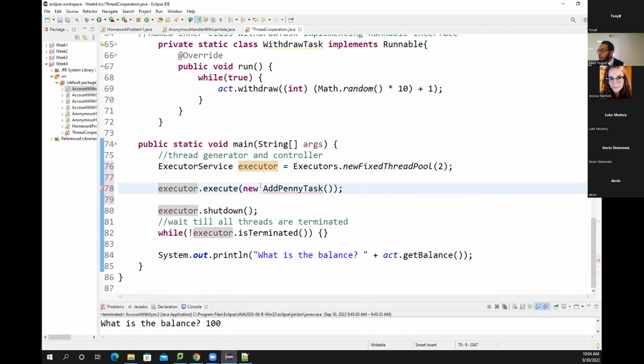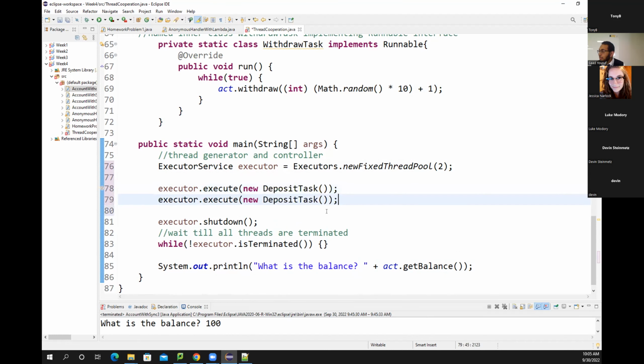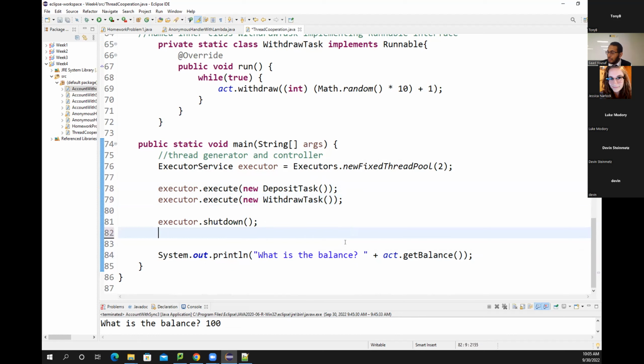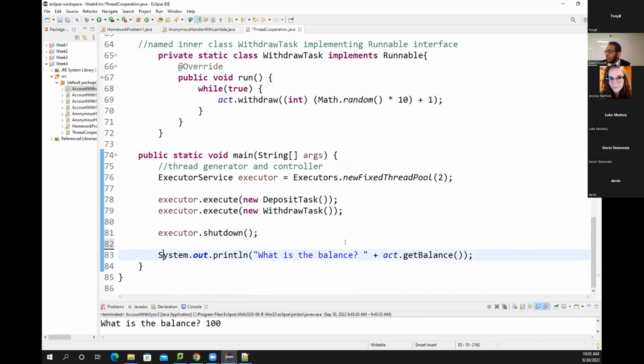Rather, I want to use my executor to have one deposit task thread and one withdraw task. Okay, so those are the 2 threads I want. Then they can all shut down at the same time. I do not need to do that. And then in the end, I can just simply say after they shut down. In fact, this will be